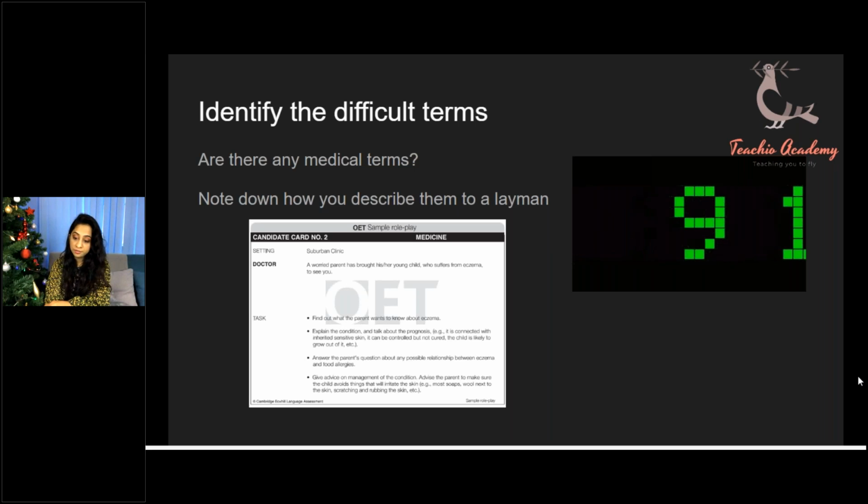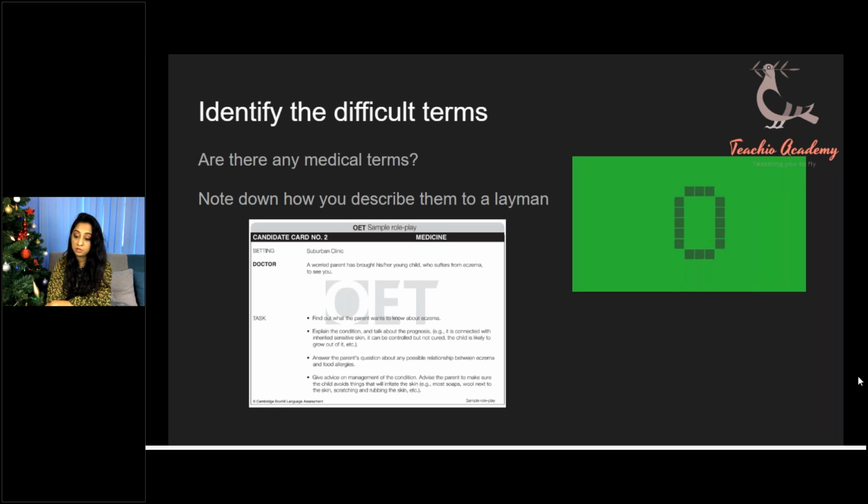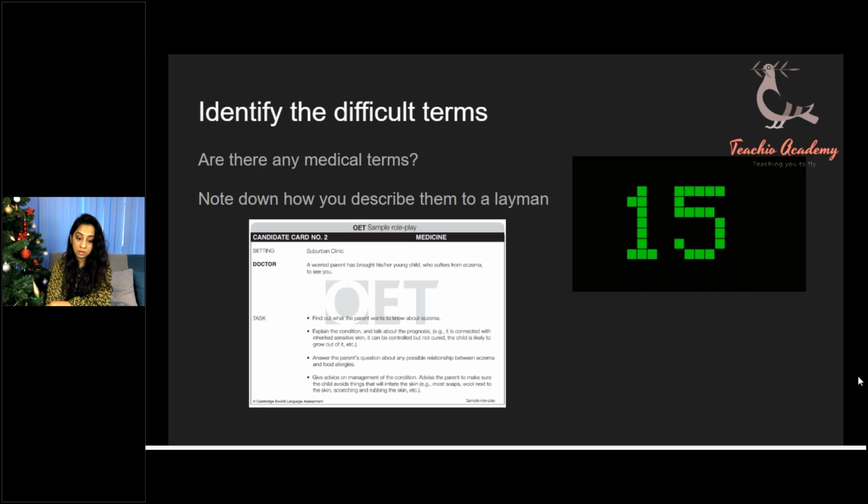So Aruna has said most children will outgrow, which means with the passage of time, this condition reduces. Eczema is preventable, not completely cured. Aruna, you've talked about prevention. So prevention is a different term. Prevention basically means stopping something from happening. But what they've told you is that the condition can be controlled. So that means you can't prevent it from happening. You can prevent the complications from happening. So eczema isn't preventable. The complications of eczema are preventable.